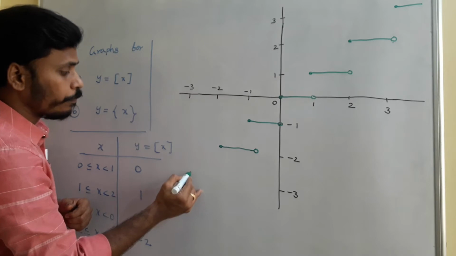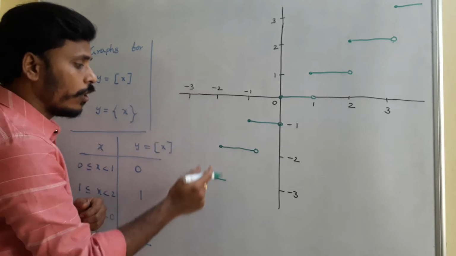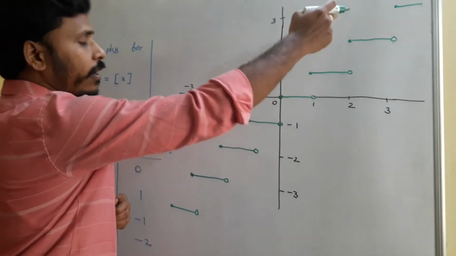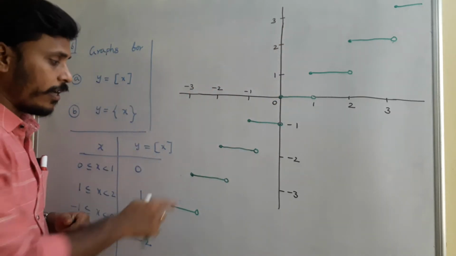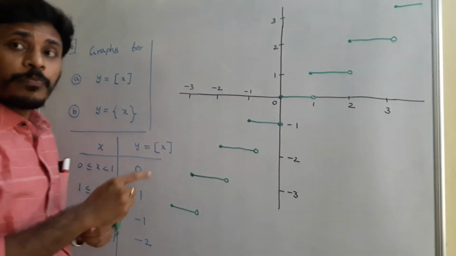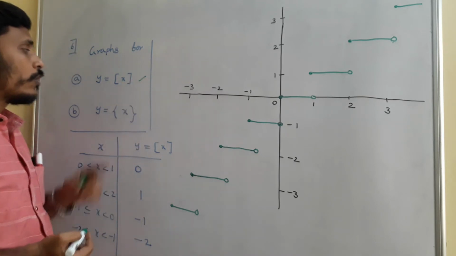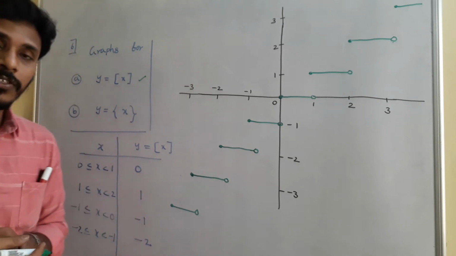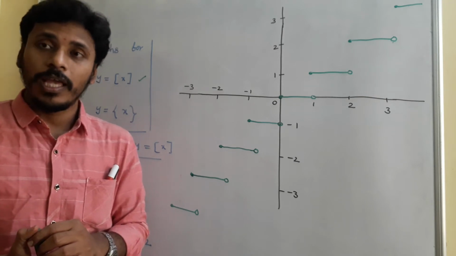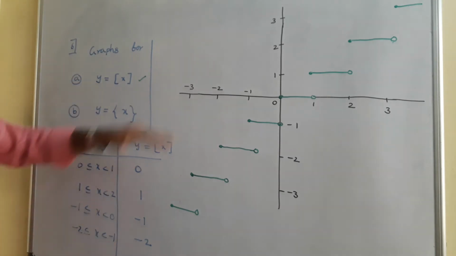Again for -3 the value is -3, and for every value which is between -3 and -2 the value is -3 only. And again it continues like this. So if you look there, the graph is just in the shape of steps, right? Since the graph is of steps format, we call this graph a step function, and we call the expression y is equal to step x. Square brackets of x is usually called step x. As per the definition it is the greatest integer function. As per the graph it is a step function, and that's why the graph of y is equal to step x looks like this. Have a look.